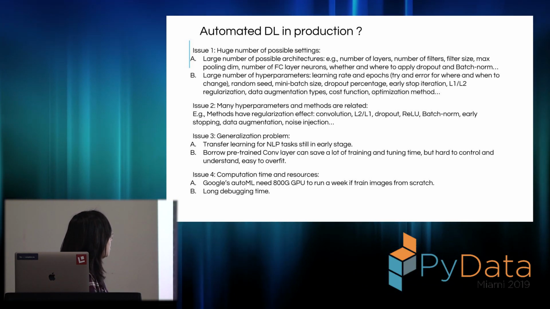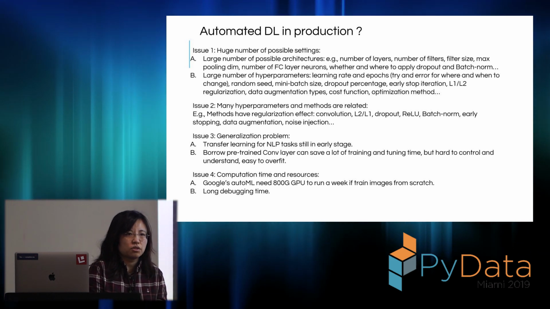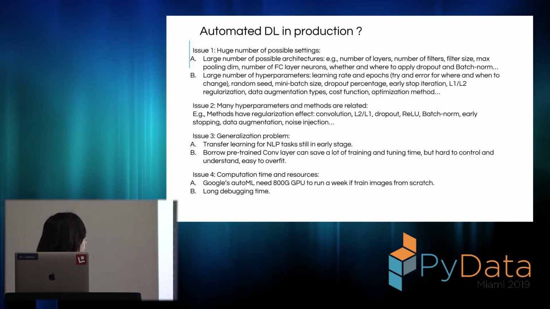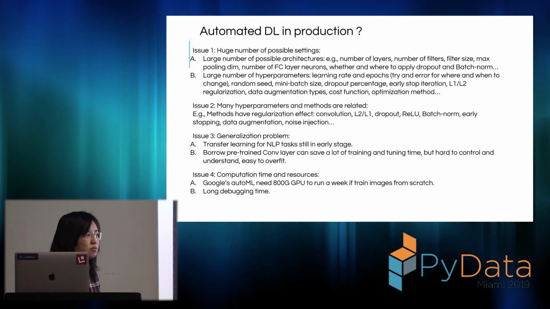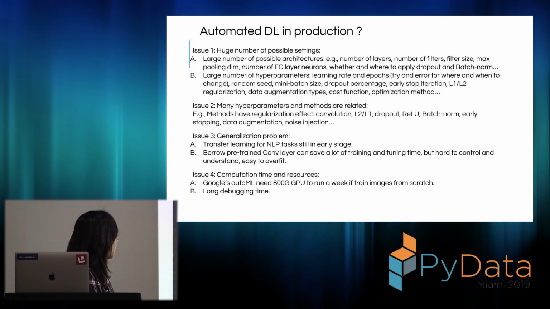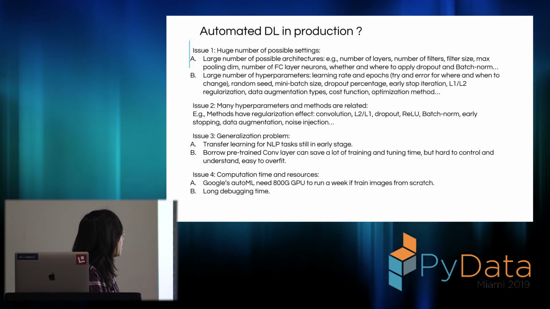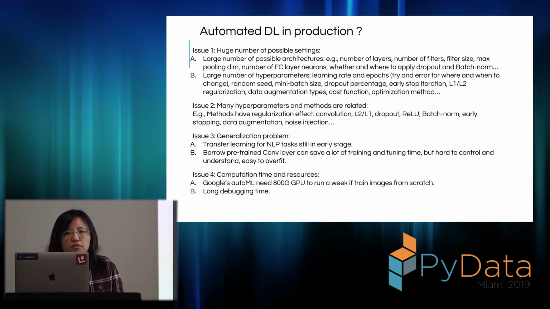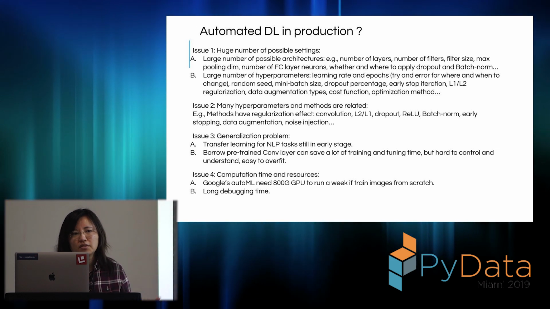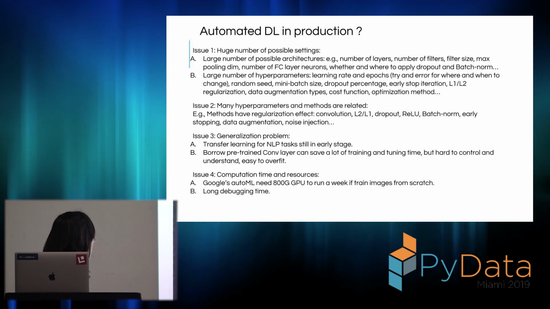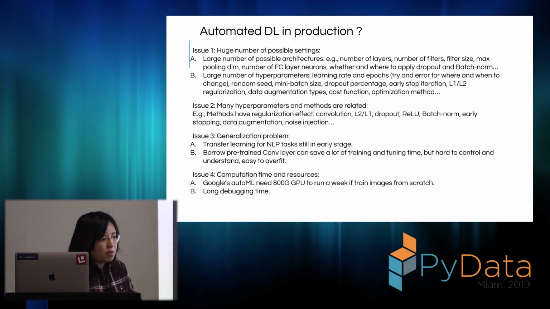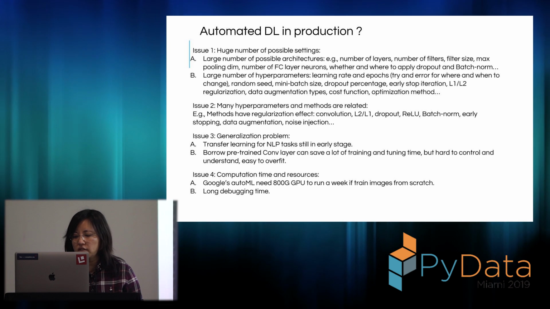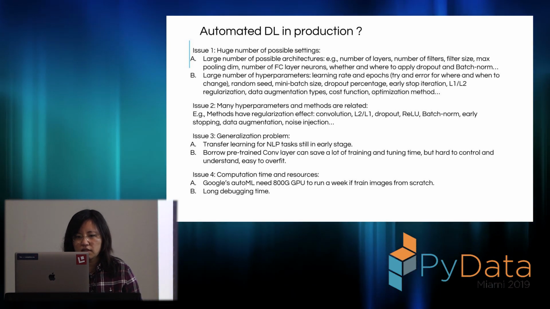Also, it's famous that deep learning is pretty computing-resource hungry. For example, Google claims to have an AutoML engine that can automatically tune the model for you. But if we train on a lot of images from scratch, it may need 800 gigabytes of GPU memory to run for a week. Unless your company has a big GPU farm, I don't think a small company can do that. Also, debugging a deep learning network can take a while, especially given the current packages are not that friendly to use.